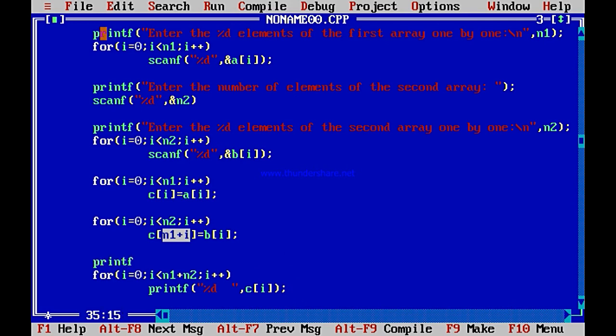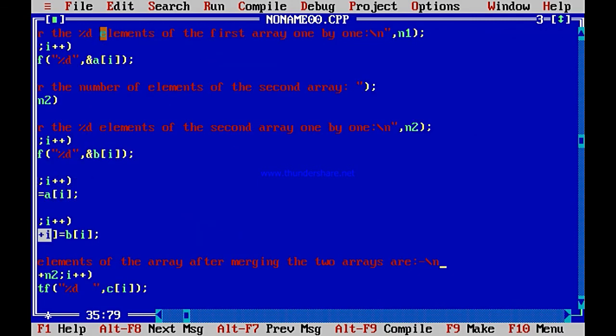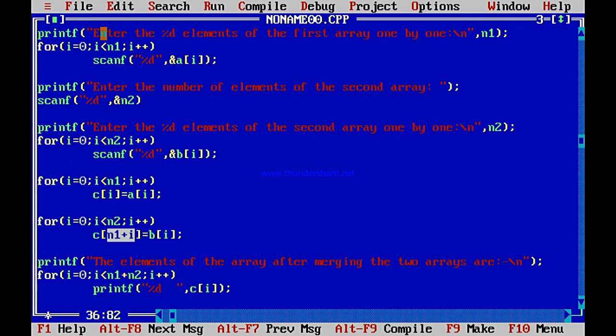So printf("the elements of the array after merging the two arrays are"). A \n is needed to go to the next line, and you go for it.